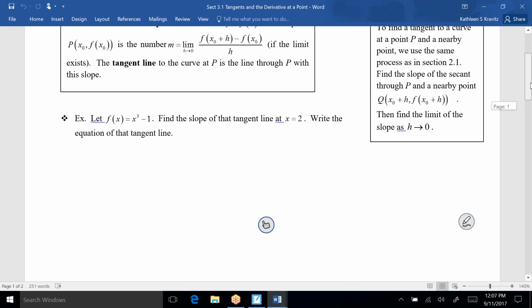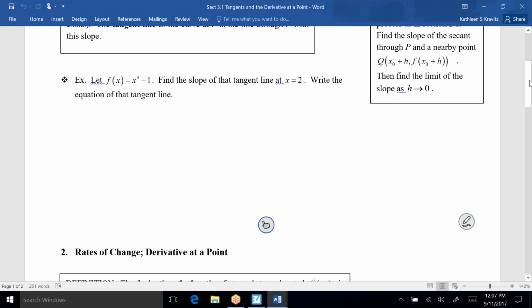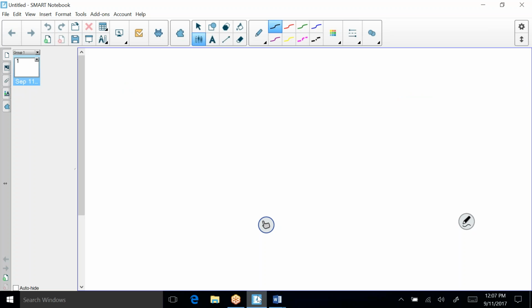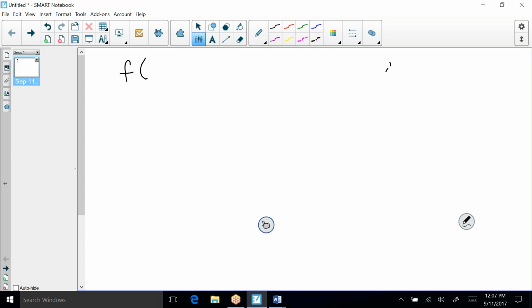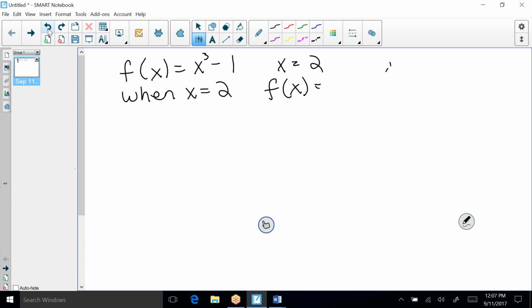So let's take a look at this first example. Let f of x be equal to x cubed minus 1. Let's find the slope of the tangent line at x equal to 2 and then write the equation of that tangent line. So we have f of x equal to x cubed minus 1, and we want the slope of the tangent line at x equal to 2. When x is equal to 2, the y value of that function is going to be 2 cubed minus 1,